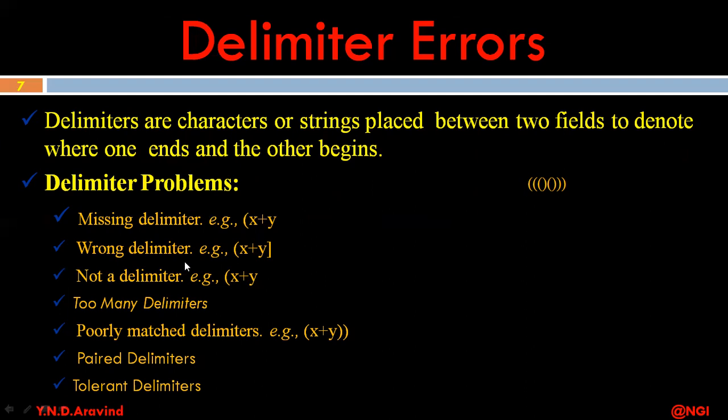Second, wrong delimiter. It is nice when several different delimiters are being used and there are rules that specify which can be used where, and you mix them up and use them in the wrong places. And third, not a delimiter. There are some characters or strings that are not delimiters but could be put into the position. Note the possibility of changing adjacent field types as a result.